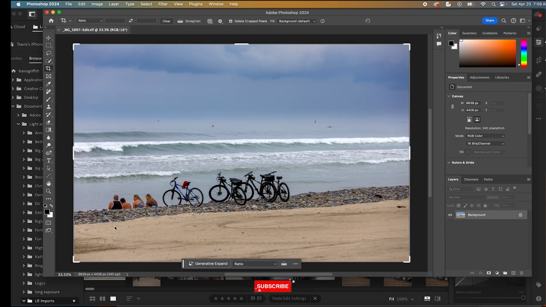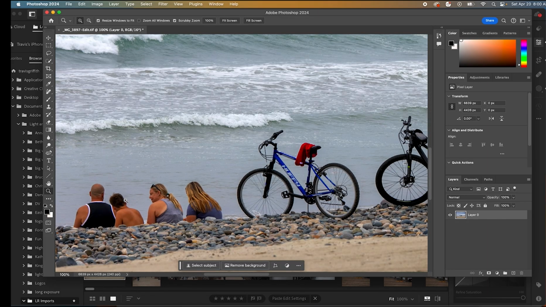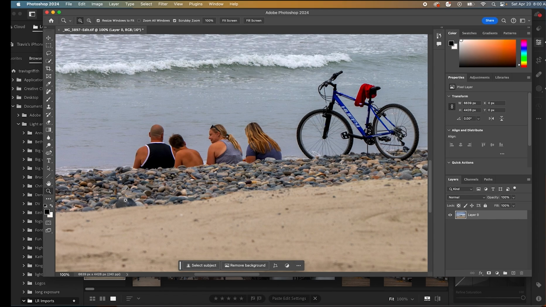And now we have our photo open in Photoshop. I'm going to unlock this layer just by clicking that padlock here. Okay, so now we have an unlocked photo open in Photoshop. I want to remove the people, I want to remove these bicycles, and just leave this bicycle. There's a couple of ways that we can explore doing this, and we'll just see which one works the best. I'm gonna grab my magnifying glass and zoom in on the people a little bit,